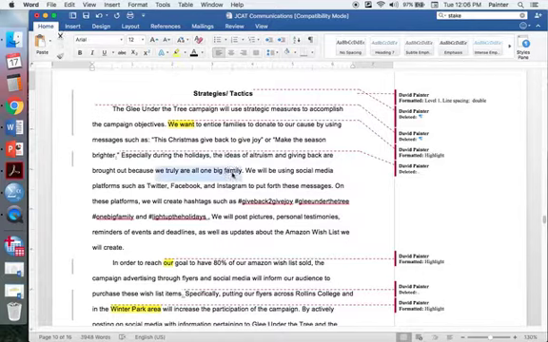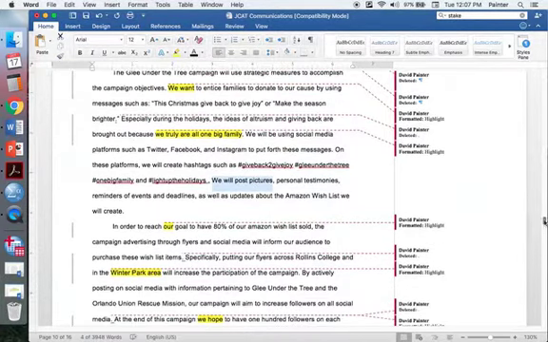We are truly one big family. Are we? We will be using social media platforms to put forth these messages. So you're going to use a social media strategy and an Amazon wish list that you're going to create. You say, we're going to do all this. You're going to post pictures, and I guess you have admin privileges on all of these social media platforms for OURM. Is that correct?